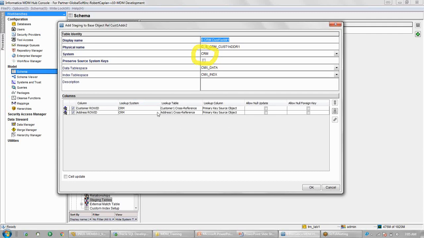By looking at these details, the lookup system, lookup table, and the column name, we can easily identify which table the value I am going to pass will be looked up in. It is clearly telling us that whatever value I am passing, it will go and look up in the cross reference table. The column name is PK source object, and the system name is CRM. So based on these three columns, the lookup process will happen. Three things basically.